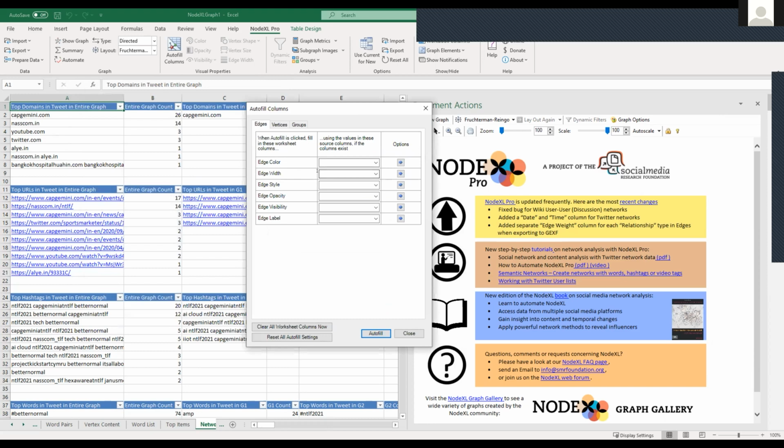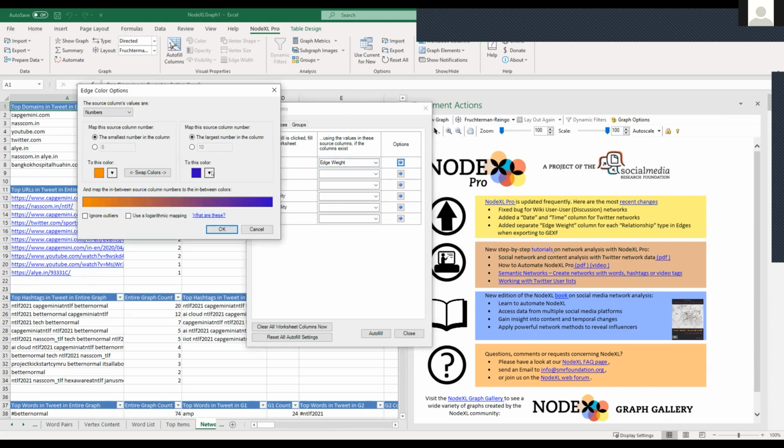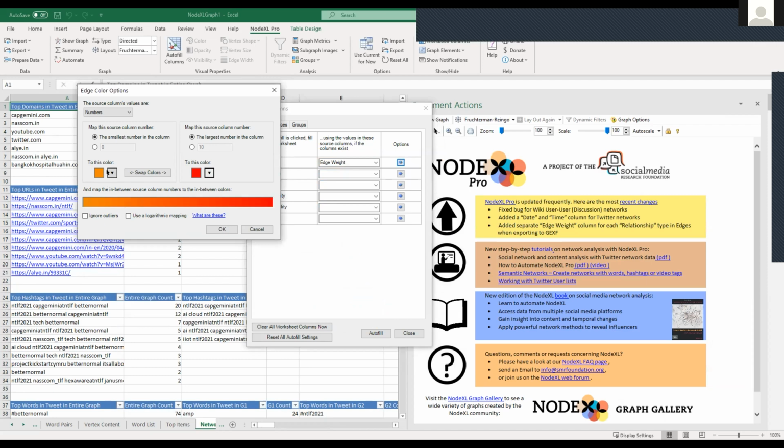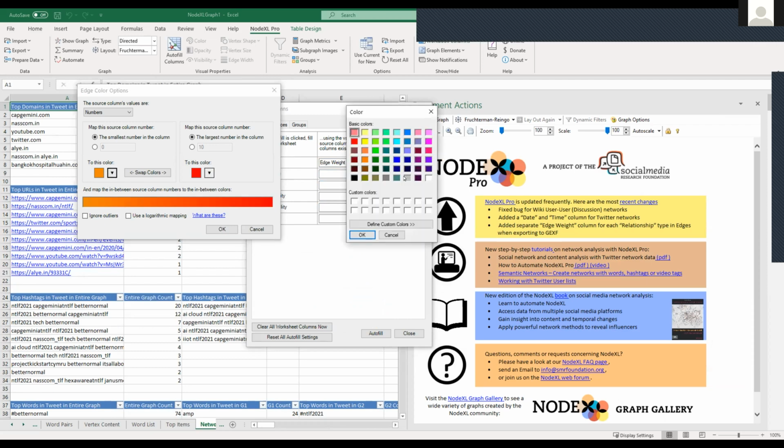And then here, for example, you can do things like edge color based on edge weight. If you recall, the edge weight is the strength of the relationship, right? So you can select edge weight, and then if you want, maybe yellow to red, you can do that. You can do it that way. Then you can also set the target numbers. Maybe just gray to red.